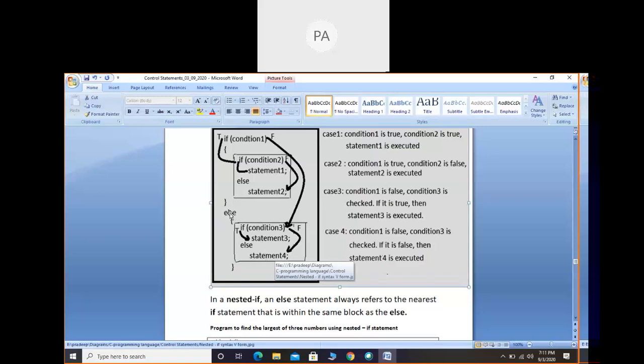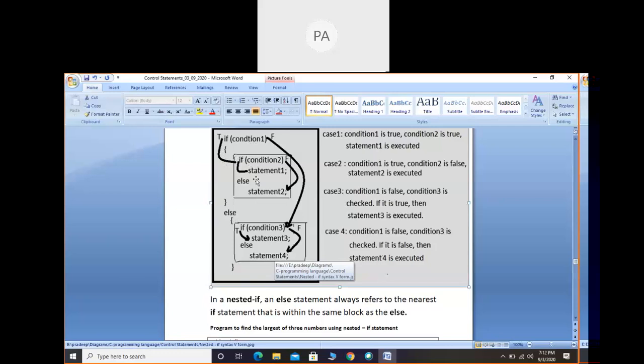So this else is not present inside this block, where condition 2 is there. Okay, where condition 2 is there, there it is not there. So how to understand here is, see, this else is outside this box and also outside the condition 3. So this else belongs to the first condition. By looking at the opening brace and closing brace only, you can understand. So this else belongs to condition 1.